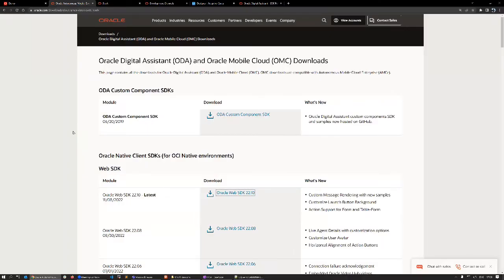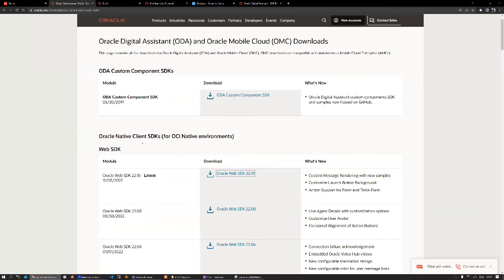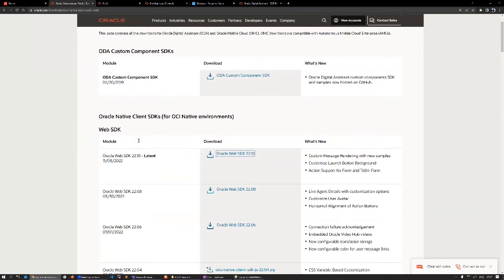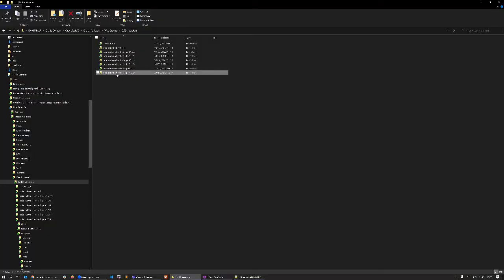So the Web SDK is, I would say, 90% of the times I configure a channel is the Web SDK. It's by far the most widely used. And as Frank was mentioning, from our documentation site, we have the download links that you can download. This is the latest one. And now I think every 2 months or so, we have a new release. If you download this zip file, what you'll have is a self-contained